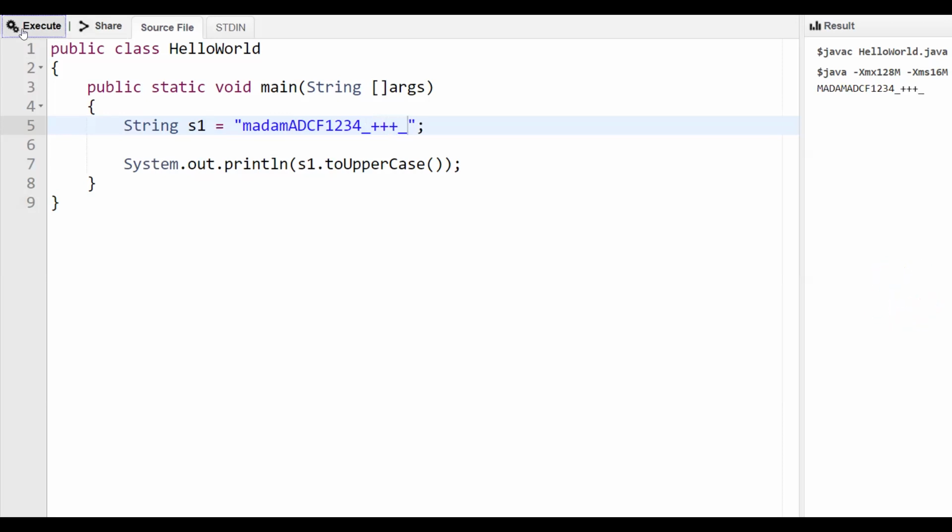Only lowercase letters are converted. So in a login application, whatever you have typed, before checking in the database, we will convert it into uppercase. Irrespective of whether you enter in lowercase or uppercase, it gets converted. Instead of sending an error message to the user, if the application itself does that, then it will be more user friendly.